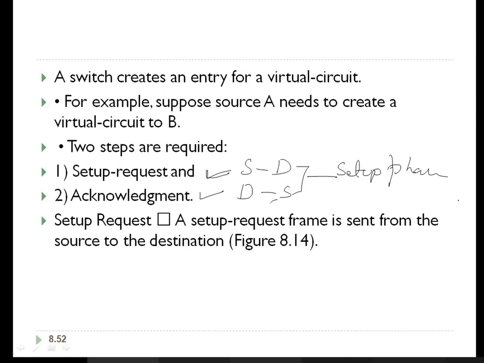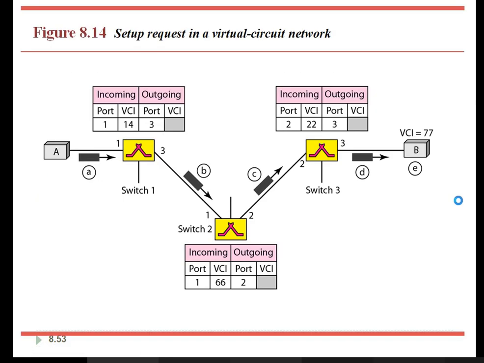Now let's look at how exactly this setup phase is done. That is very important before data transfer. Observe the diagram very carefully. This is before data transmission. We will go into detail on how exactly the routing table is built here. That is the main intention of the setup phase. In the beginning, when the source wants to send data, there is no information regarding that in the routing table. So in the setup phase, it is going to create the routing table.